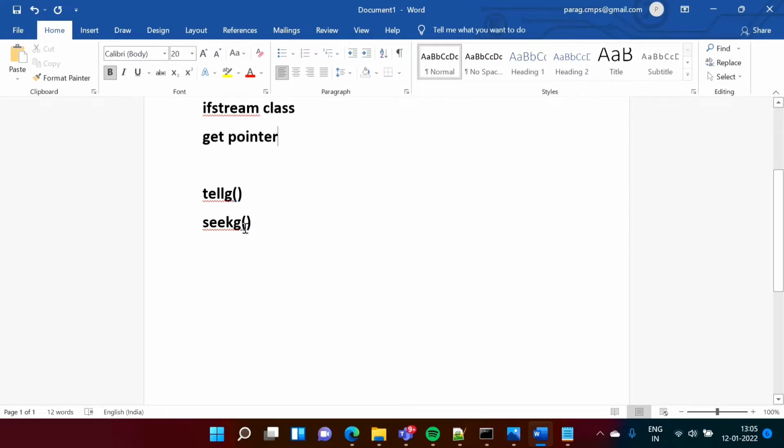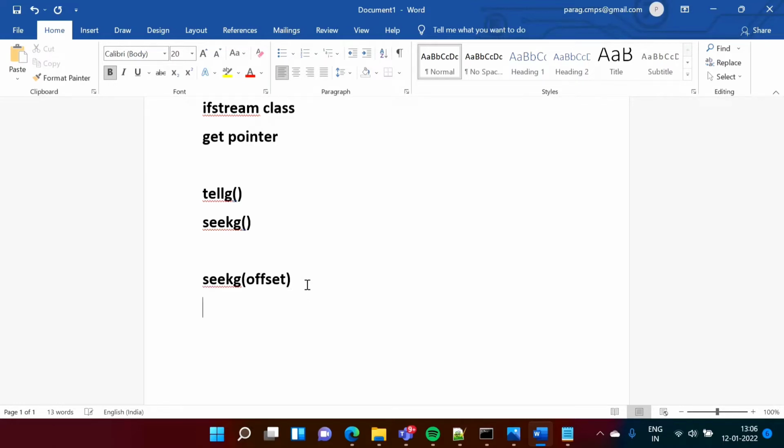The seekg function accepts one or two parameters. If we are passing one parameter, that parameter is the offset. Offset means position. For example, seekg 10 means we are moving by position 10 from the beginning of the file.